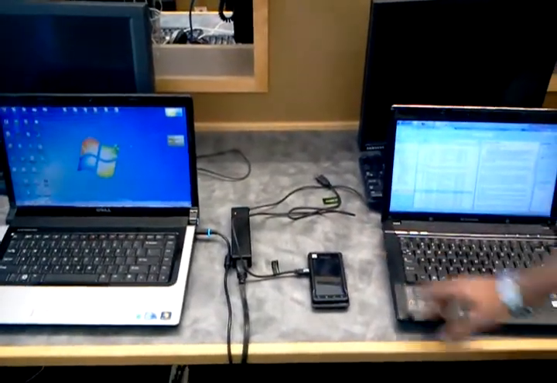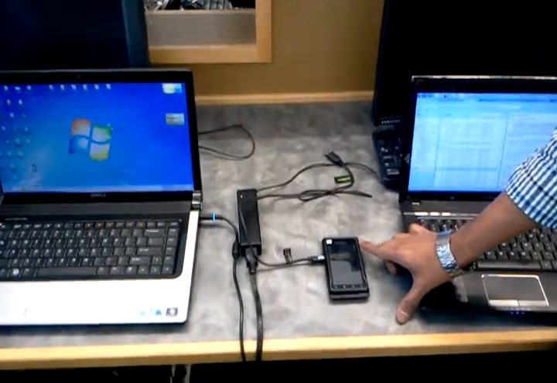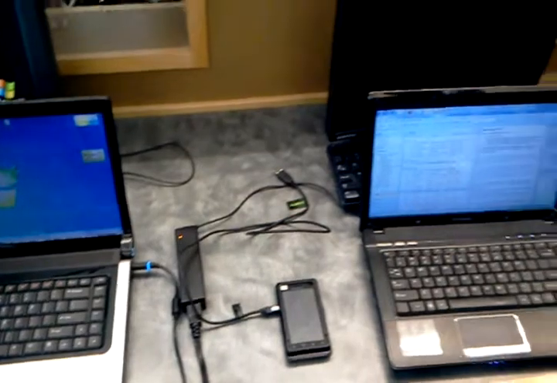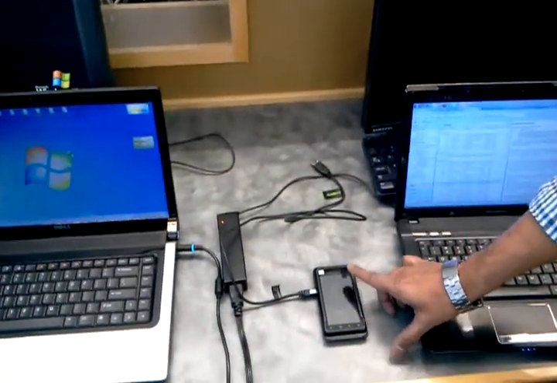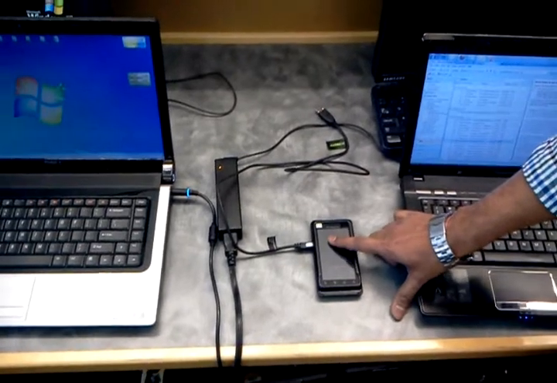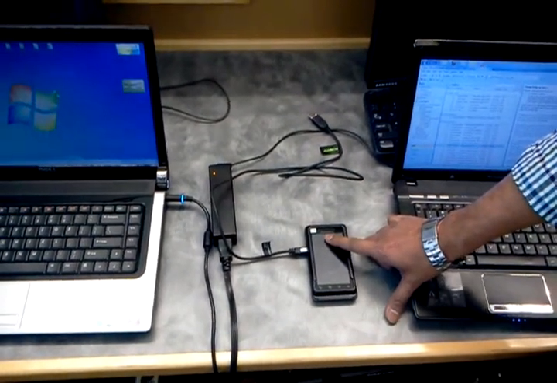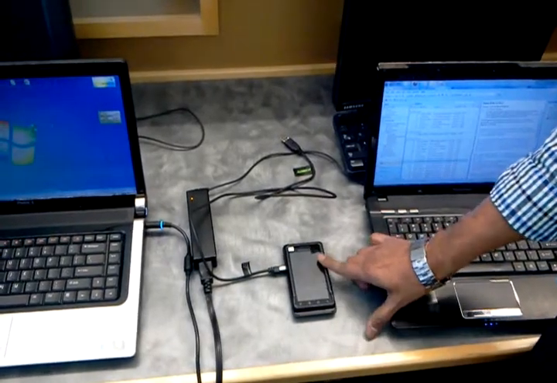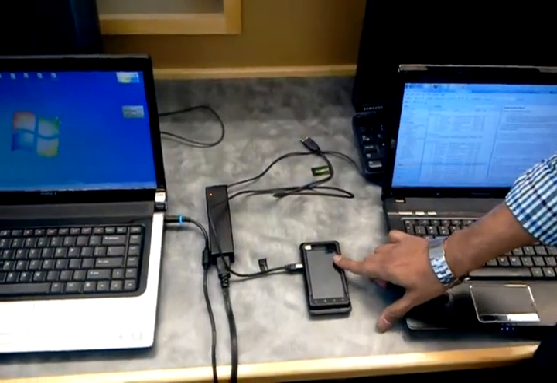This is a Motorola Droid with Android operating system version 2.2, and you also need an application called Wireless Tether, which is available in the Android market and is free. The other requirement is rooting of the Android device.